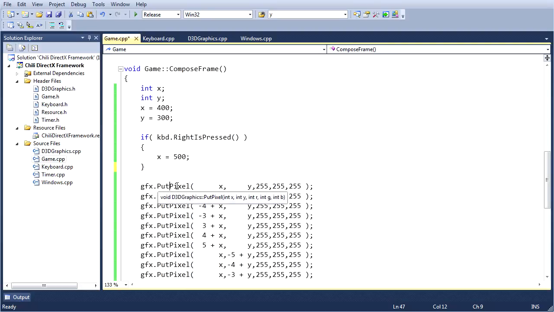If we hover over it, we see its return value is void, which means nothing. It doesn't return any kind of variable. So we feed it some numbers,